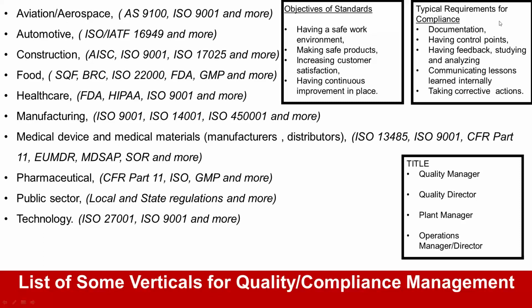Purchasing, sales, marketing, for example, or manufacturing, as well as the procurement operations, for instance. Then you need to get feedback, you need to study that feedback, and you need to take corrective actions to improve operations, and you need to communicate these corrective actions with team members. So these are some of the typical requirements that we have been seeing in the different quality